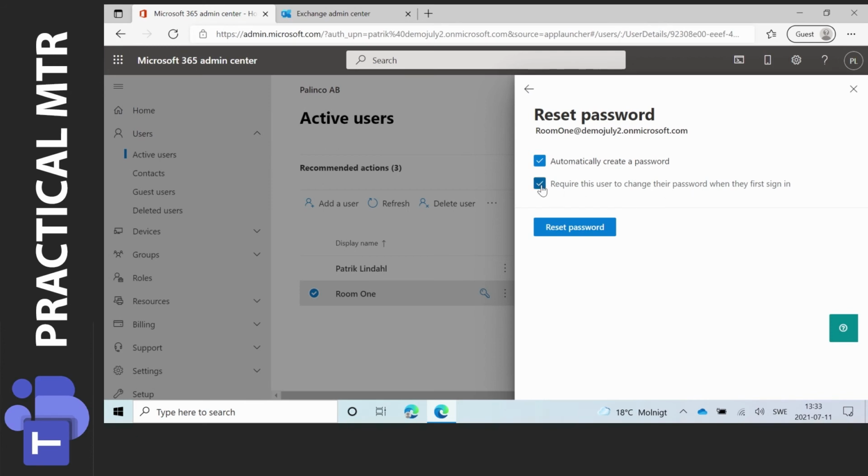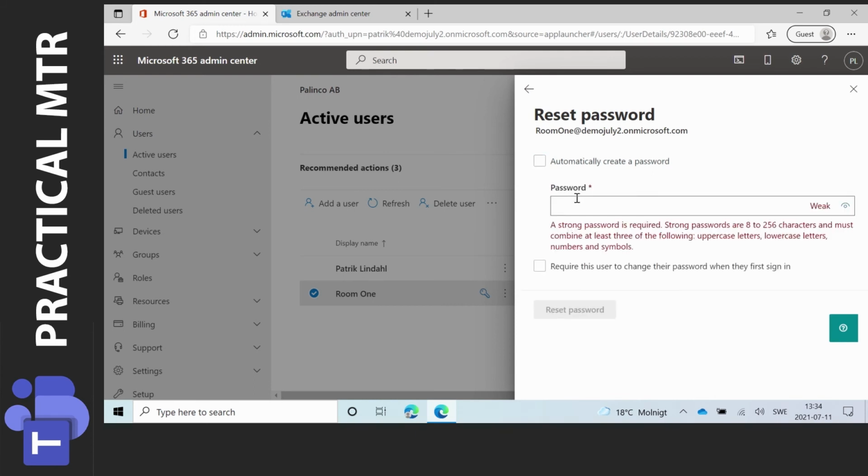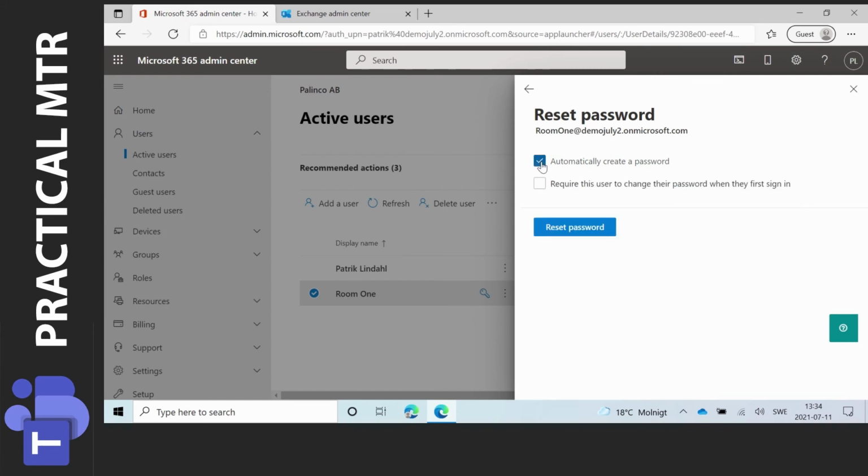I don't want this for a room, since we actually create a password here. If we are not satisfied with the password that Microsoft creates, we can set our own one. But there is no sense in letting the system create one and then requiring the user to change that new password. So I press reset password,